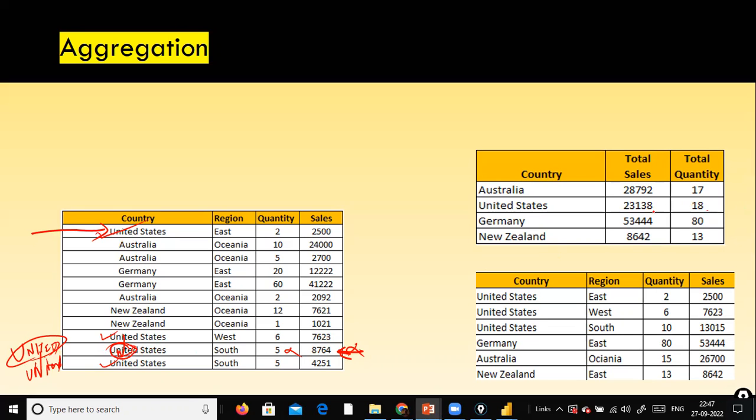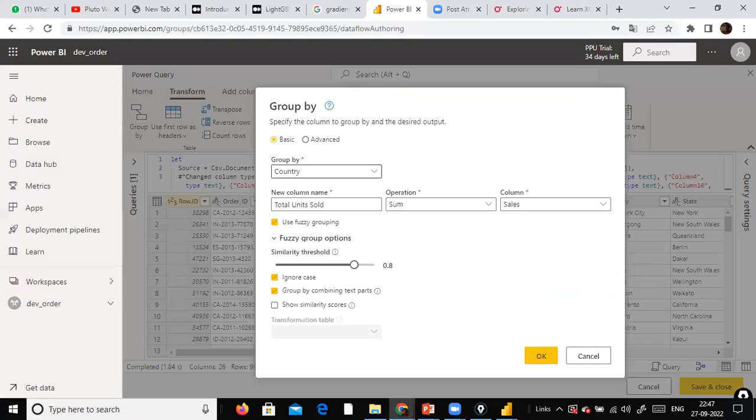And it will mislead you to think we are not performing well in the United States compared to Australia and New Zealand and other countries. You think that way. Actually, this is a data related issue. So in that kind of situation, you can go with the